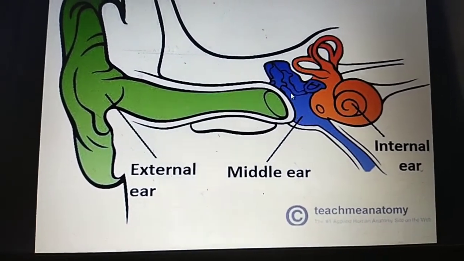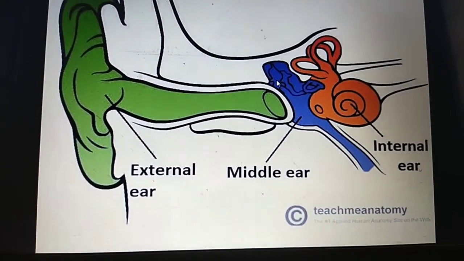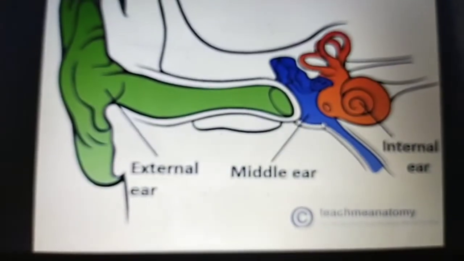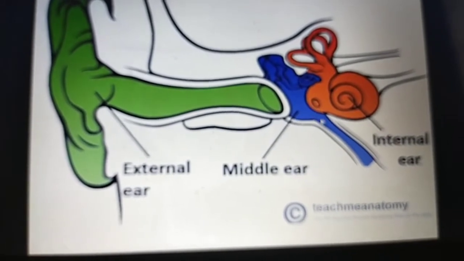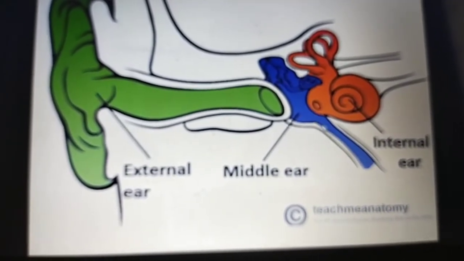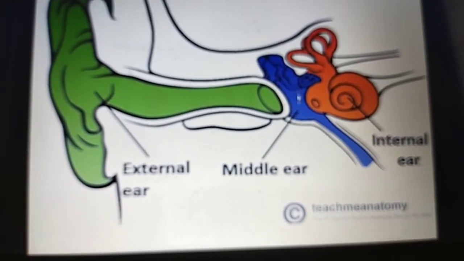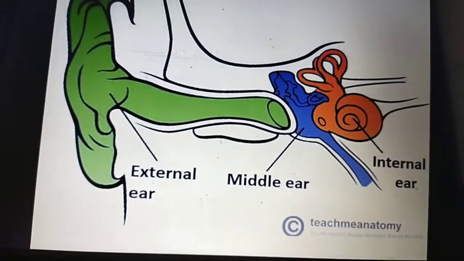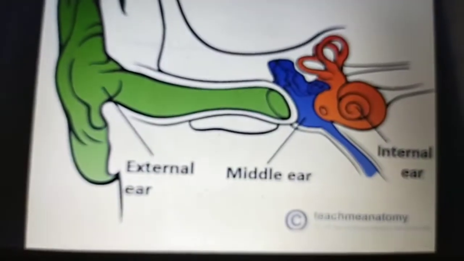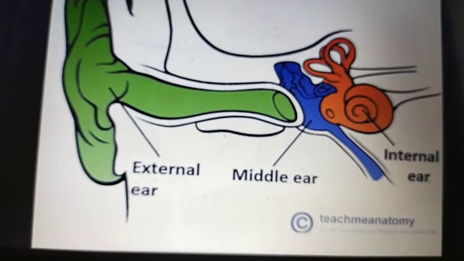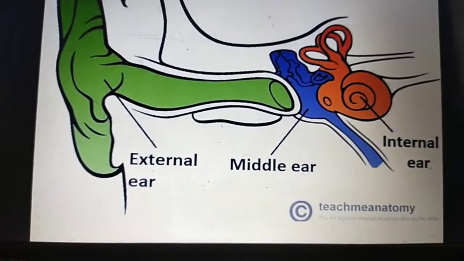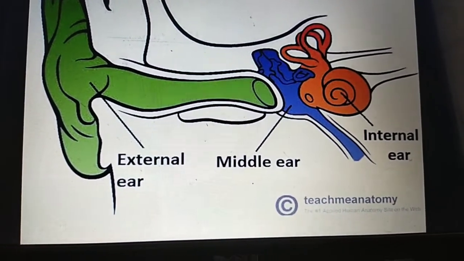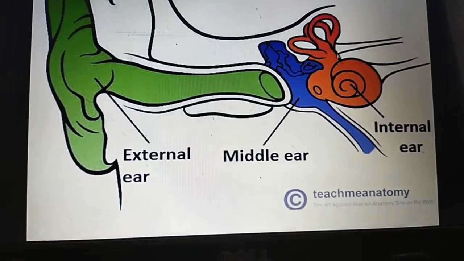The middle ear consists of three bones: the malleus, incus and stapes. It has one window, the oval window, and this is the eustachian tube. That is the middle ear. The inner ear is present in the bony part of the temporal bone, and it mainly contains the vestibule, semicircular canals and cochlea. This part is the inner ear.